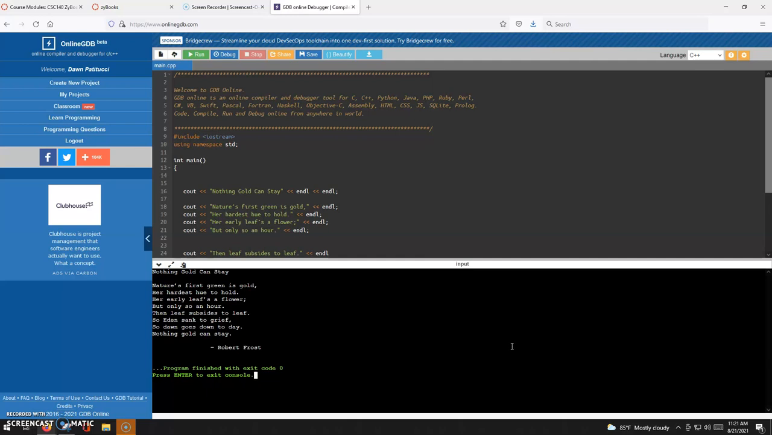So here I am in Online GDB. What I've done is I've printed a famous poem by Robert Frost. You can see this is an 8-line poem, and here's the title. I have a blank line and then the actual poem, and then I have the author's name kind of tabbed over. So I'm going to show you how to manipulate output a little bit here, and you have a couple